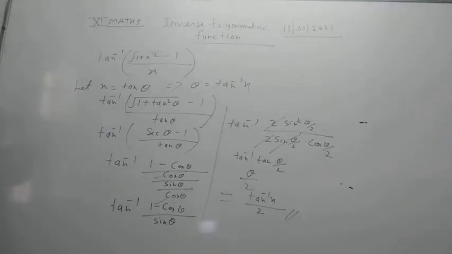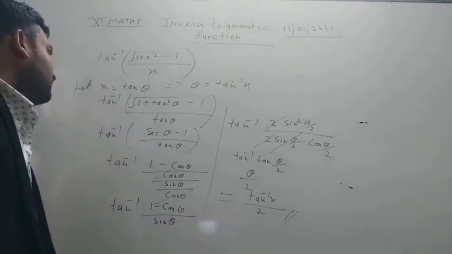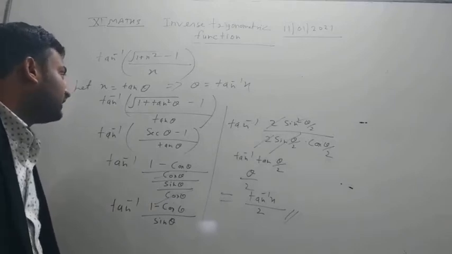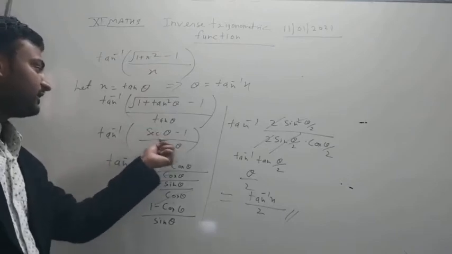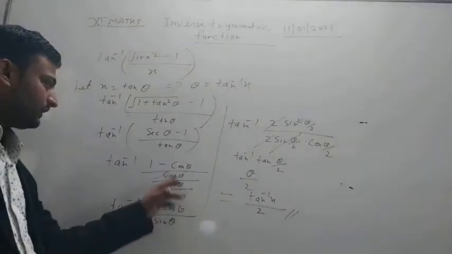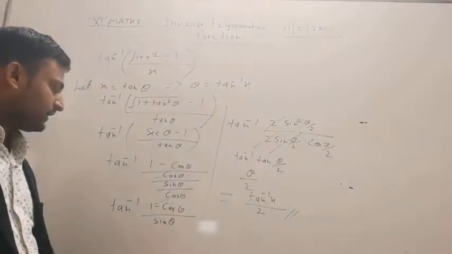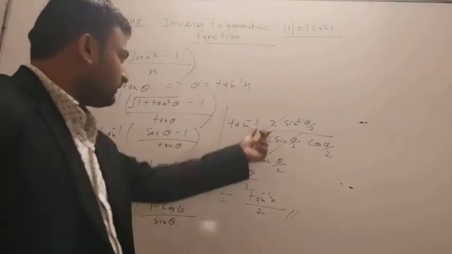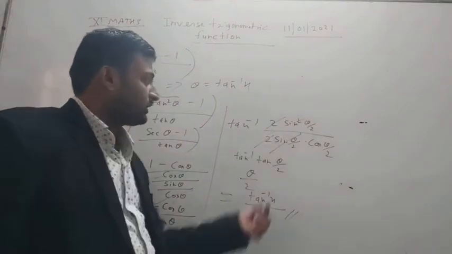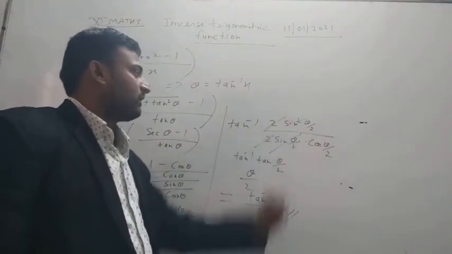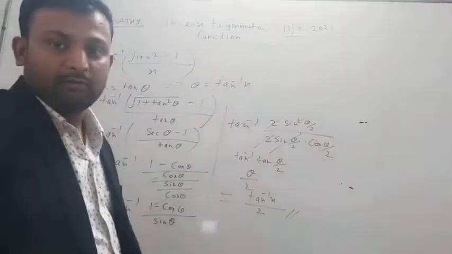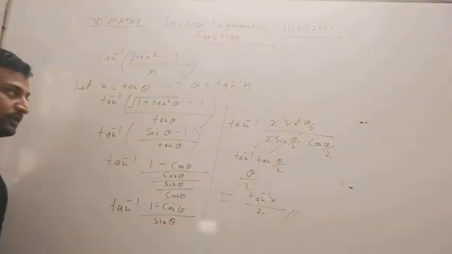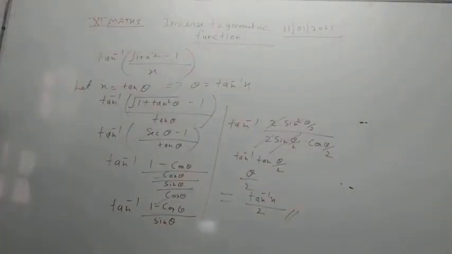so this is our simplest form of this question, where we have taken x as tan theta and we replace this x with tan theta. We get sec theta minus 1 by tan theta, and this part will cancel. We get 1 minus cos theta by sin theta, and this is 2 sin square theta by 2 over 2 sin theta by 2 cos theta by 2. This is cancelled, and this part is cancelled. Tan theta by 2 gives theta by 2, and this theta is tan inverse x, so the answer is tan inverse x by 2. I hope you understand students. Now we take another question. Let's see.